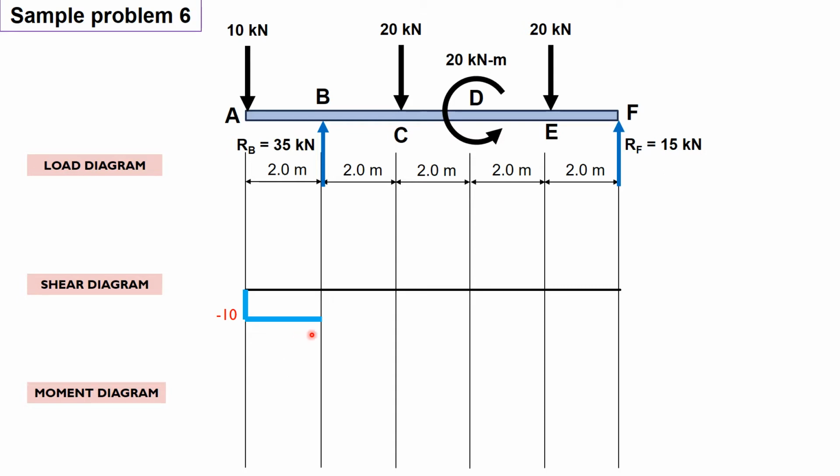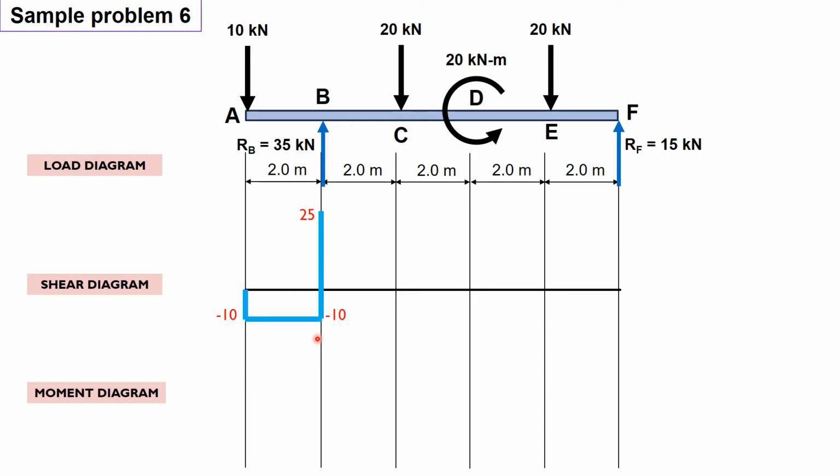Now, at point B, so meron kang negative 10. So, idiretso mo yung pag-drawing ng line, pero tingnan mo mabuti, ano ba ang meron sa point B? So, meron ka ditong reaction na 35. So, from this point ng negative 10, umakyat ka ng 35. Or, you add 35 kilonewtons because this is upward. So, meaning it is positive. So, if you will start from negative 10, you add 35. So, that will be negative 10 plus 35. So, you have